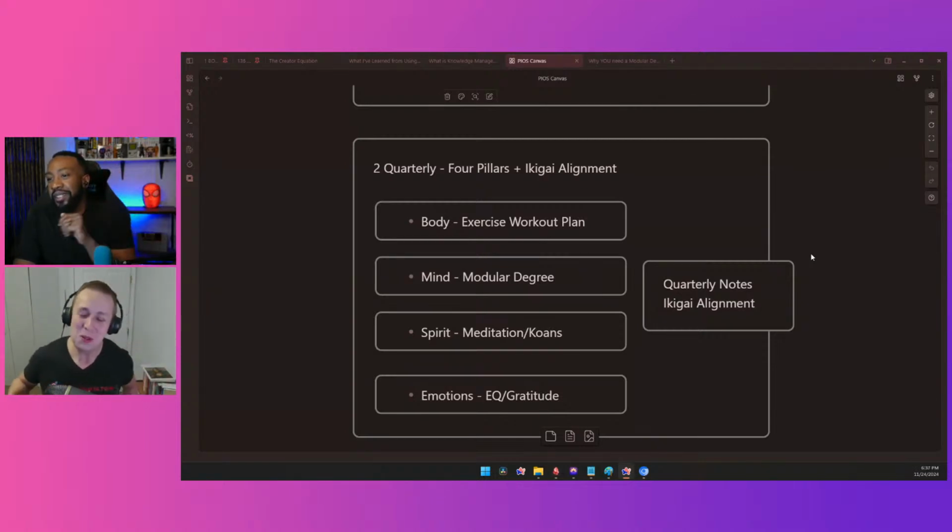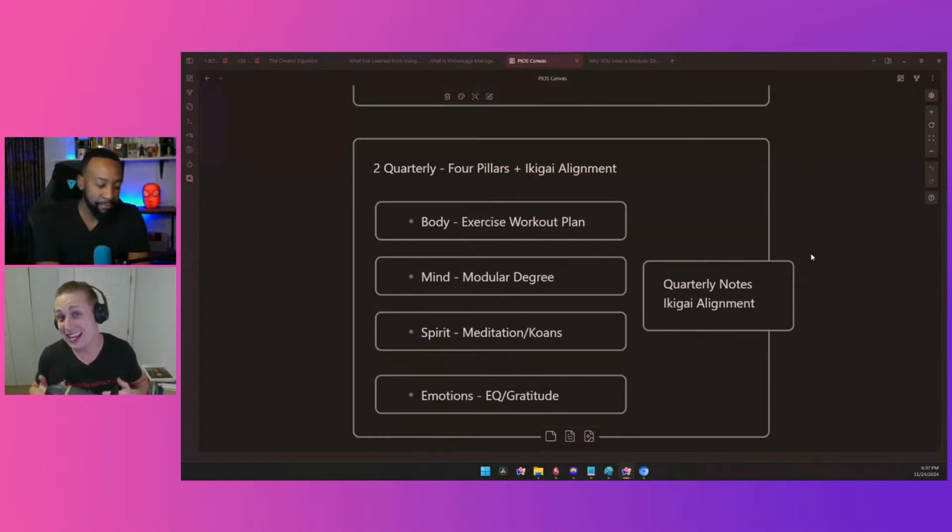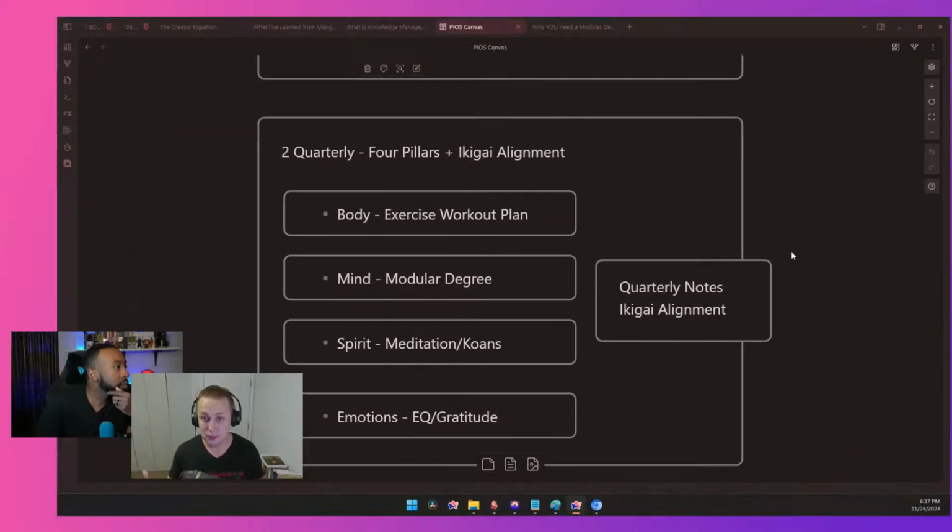Continue. The next thing is, what are you doing, and is that actually aligned with what you want to become? And so in this case, I made this system for people who are generalist and polymathic, and so I wanted to make sure I push towards that multidisciplinary lifestyle. But you can take this same system and apply it to your specialist life if you're more of a narrow trench kind of guy or girl. That's fine. If you're a specialist or generalist, this will work for you, but I made this with generalists in mind. The quarterly layer allows you to organize your 4 pillars in your Ikigai.